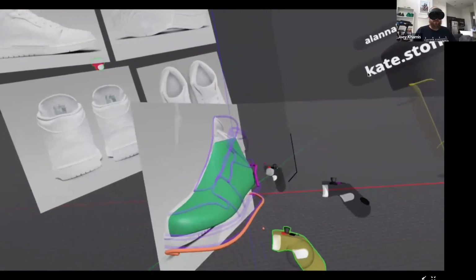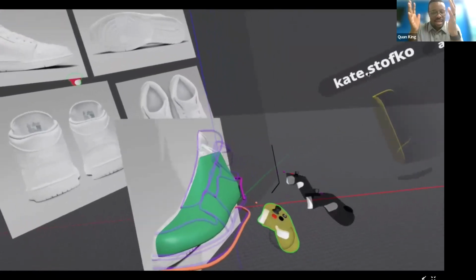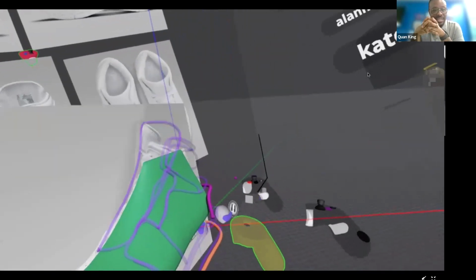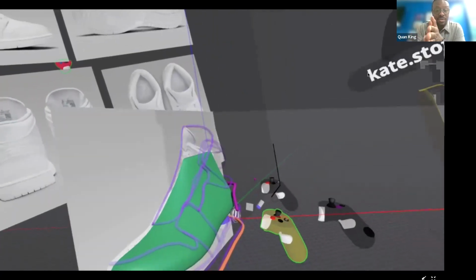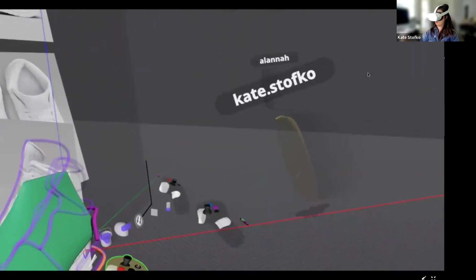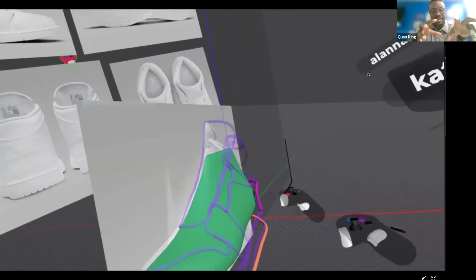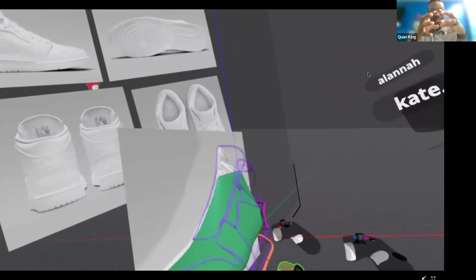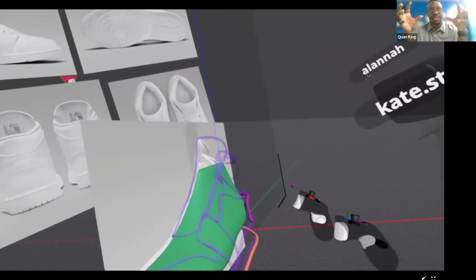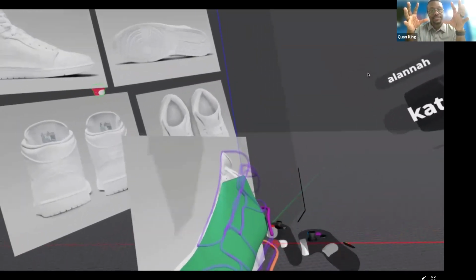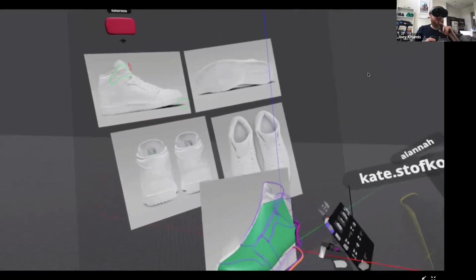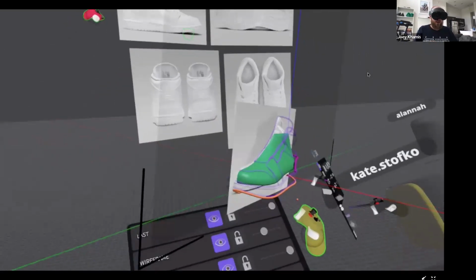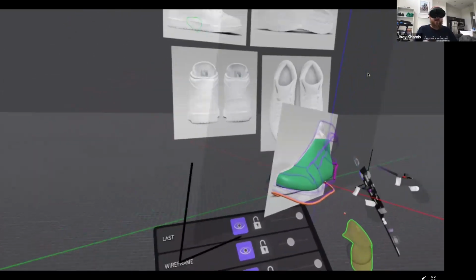It unlocks different ways of thinking about how things can go together, how things can exist. My question, probably more of a later down the line one, is two questions. Do you get to a point where you can take this and explode it and show the different components individually? Yeah, you could. That all depends on how you build it. If you build all these parts as separate pieces that you can move apart,